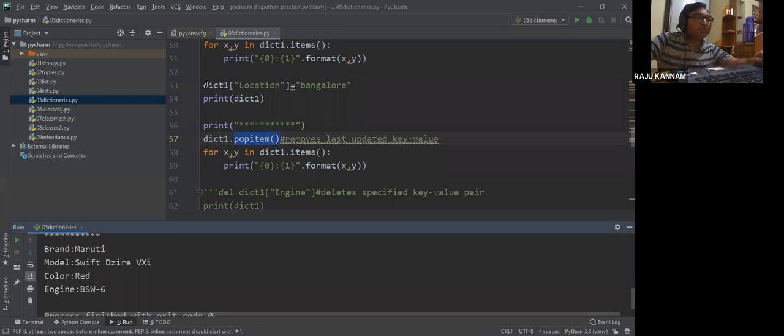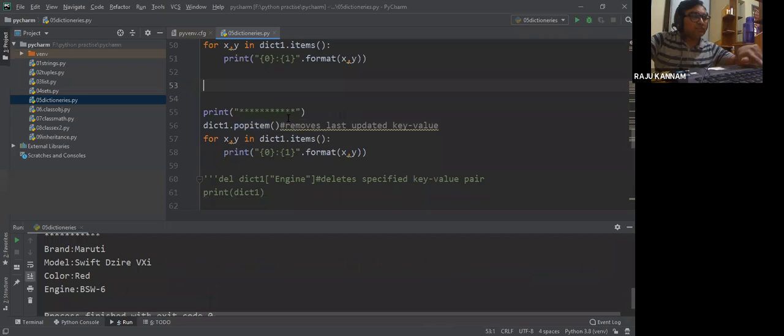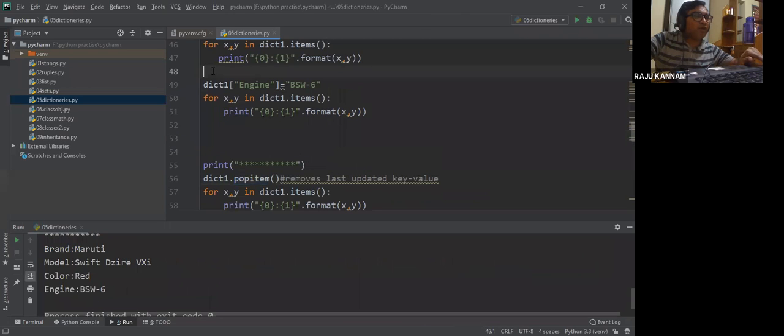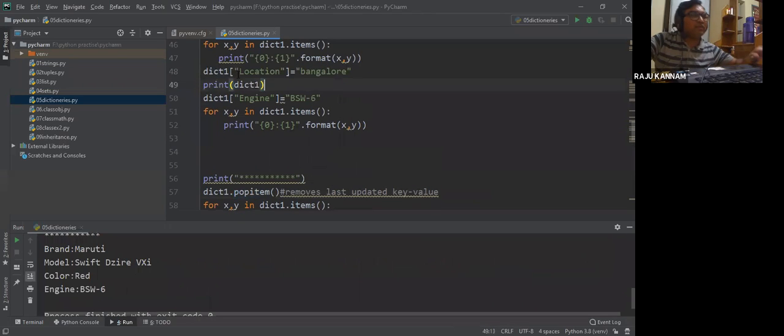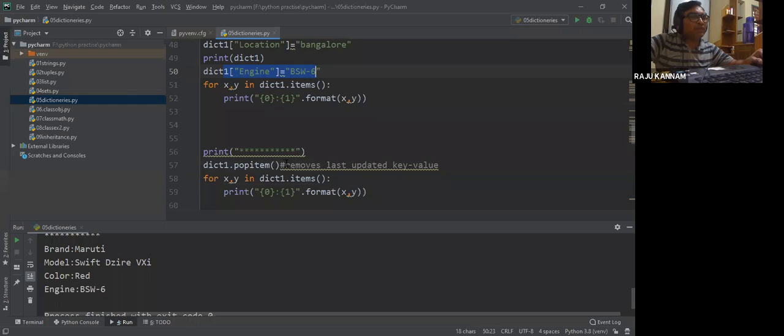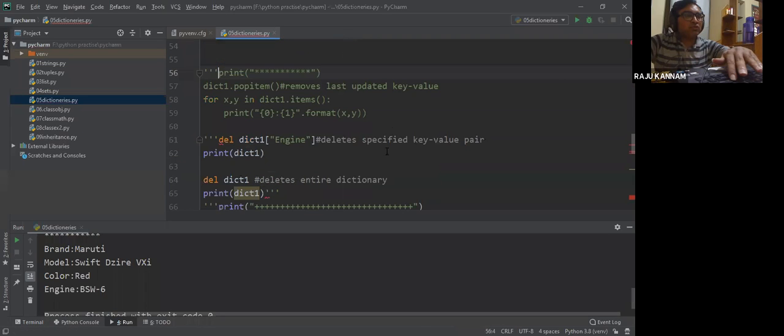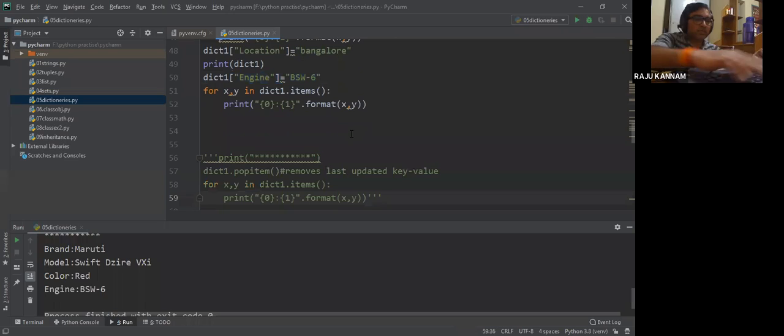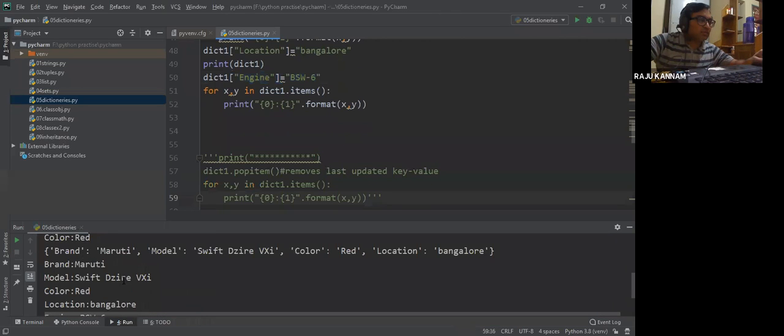Now for example, this location I will add before engine. First I have added location, then I have added engine. So now popitem will remove which item? This one. Before that, first I will comment it out to see whether that item is really added or not. Now you see here, yes, it is added.